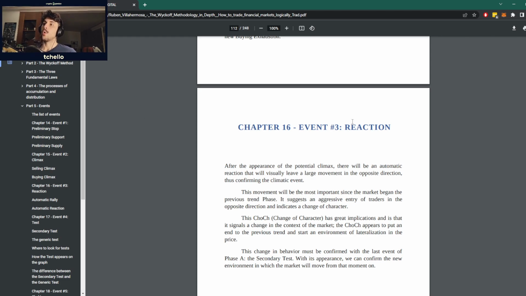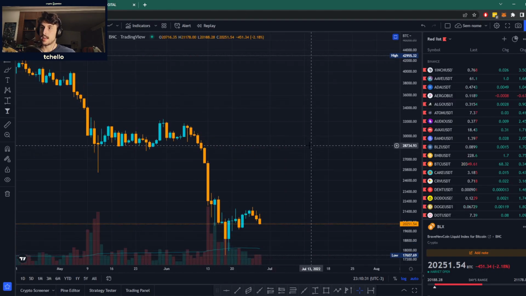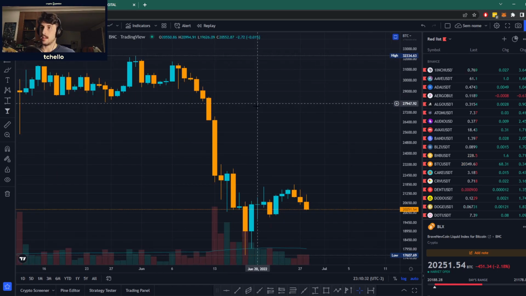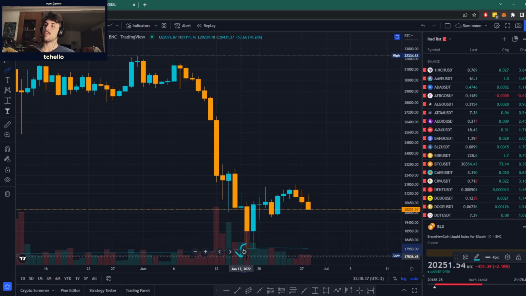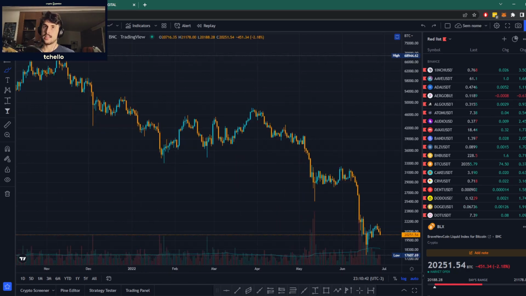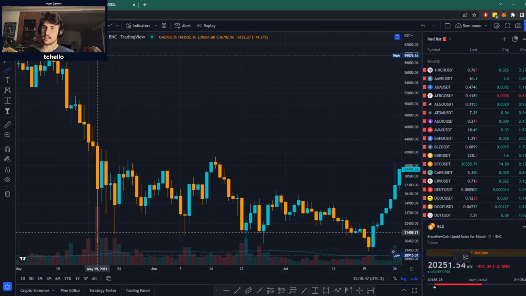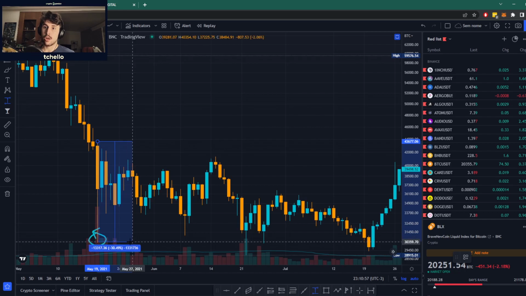So what the reaction is, as we talked about in the last class: you have a selling climax, right? You have a point, for example in accumulation, where everyone is selling. If we look back here, you have this point as the selling climax. A lot of people were selling and Bitcoin was down 14% in a day. And if you count the wicks, we went down almost 30% in a single day.